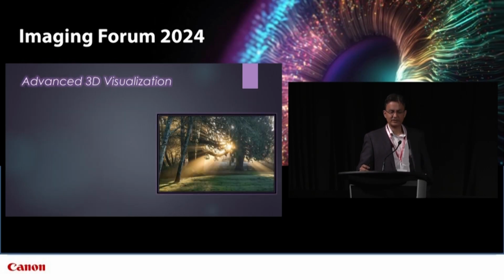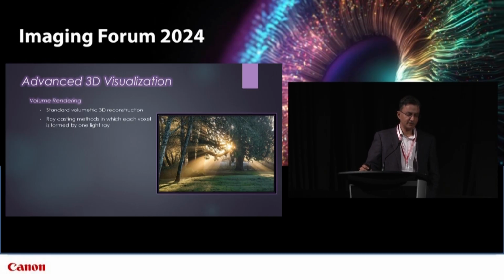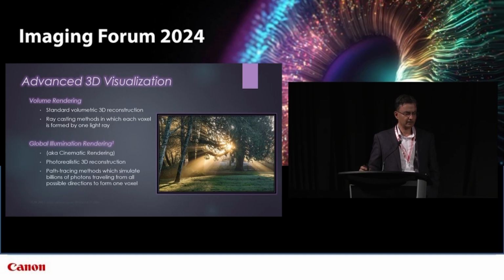All right, so now switching gears to a truly fun part of my practice. Most people are familiar with volume rendering, sometimes referred to as surface shaded rendering. It's the standard volumetric 3D reconstruction that we've had for a long time. And the mathematics are much simpler than the alternative I'm about to show, in which each voxel is basically reconstructed using a single light ray. Global illumination rendering,